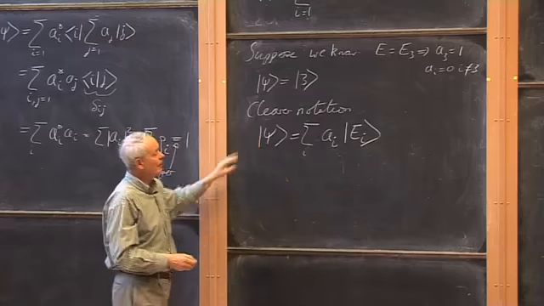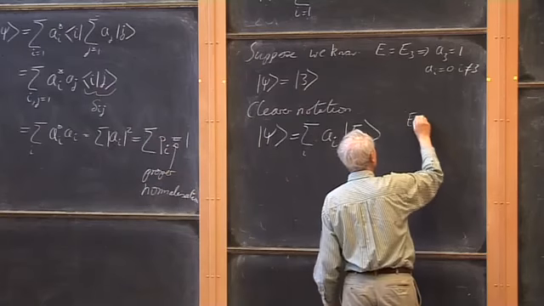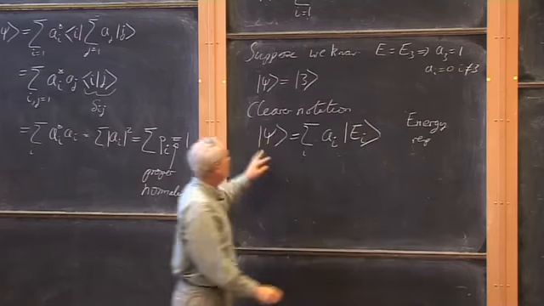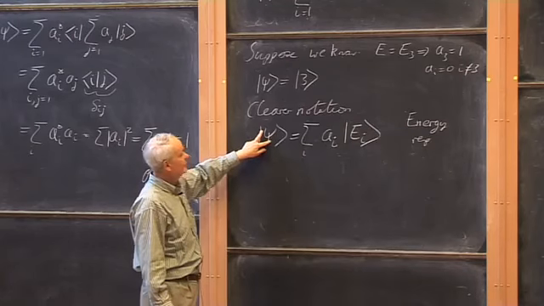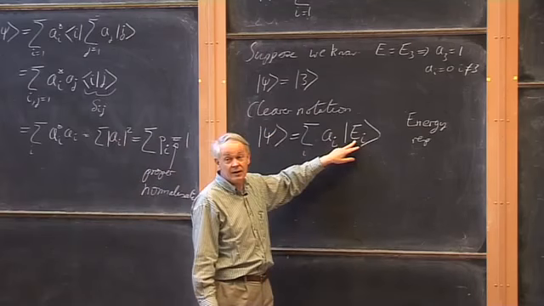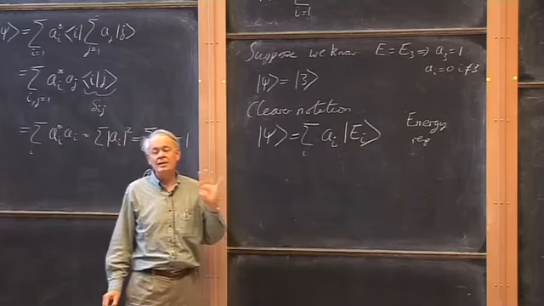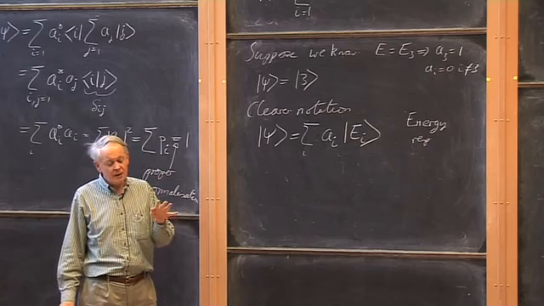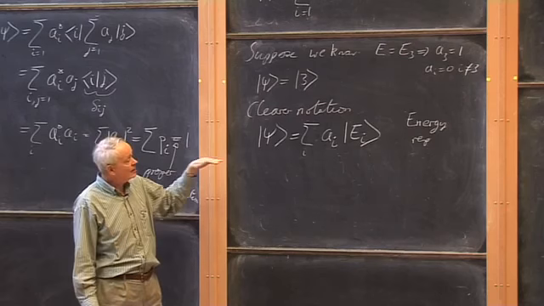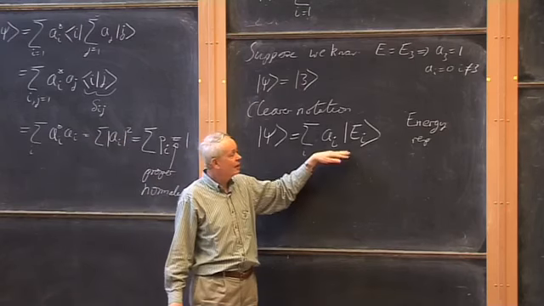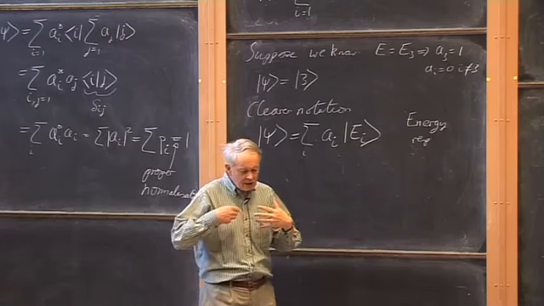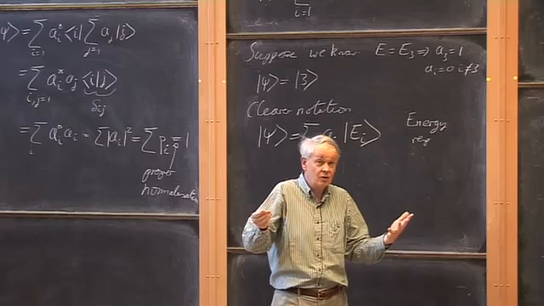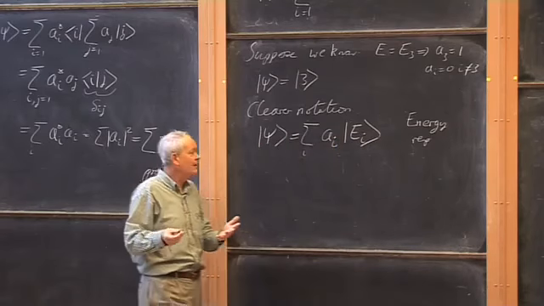And this is called the energy representation, right? This is the energy representation. This is when we express the state of our system as a linear combination of states of well-defined energy. This representation plays an enormously important role in quantum mechanics, because it's by going to this representation, for mathematical reasons, that we solve the time evolution equation. In other words, we solve the quantum analogues of Newton's laws of motion. It's also, as we will find, a very